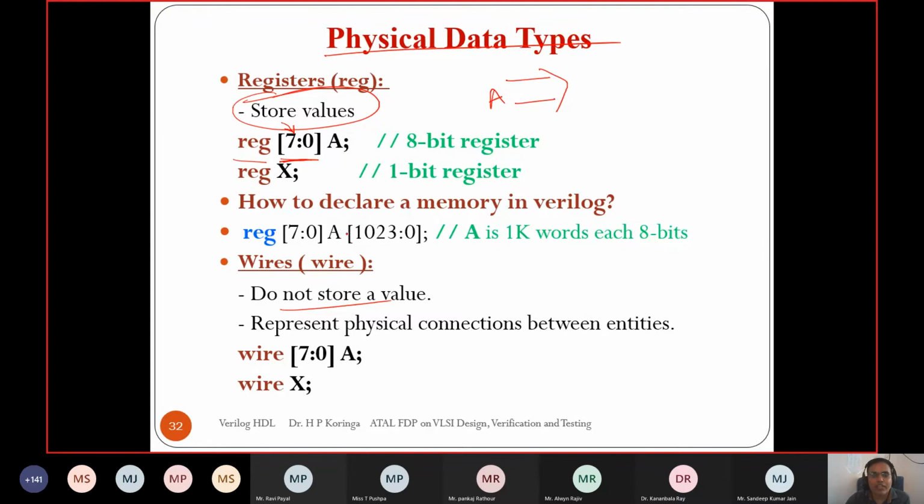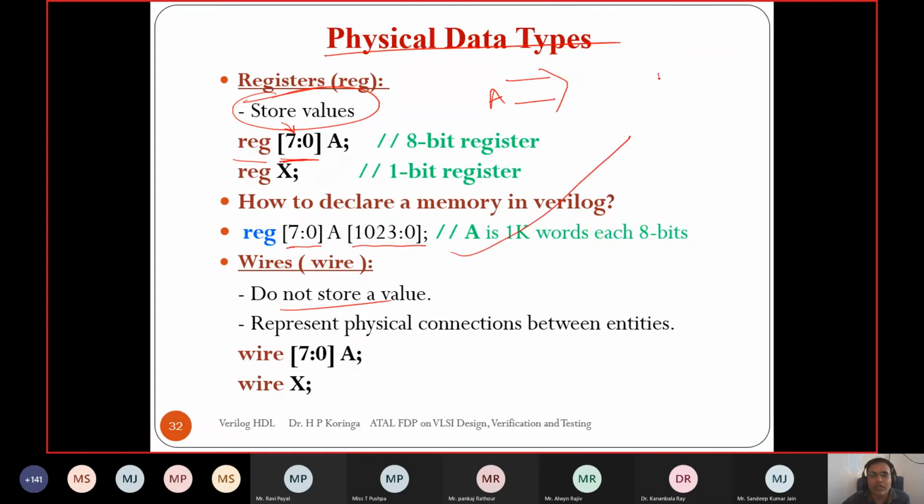Also, to design a memory in Verilog, we can have a two-dimensional register specifying the width as well as the size. So here it is the width, and here we specify the size, such as 1024 bytes, right? This is [7:0], it is 1 byte.